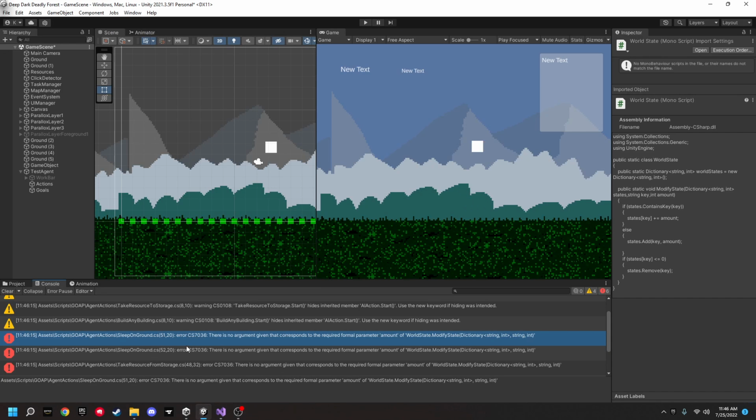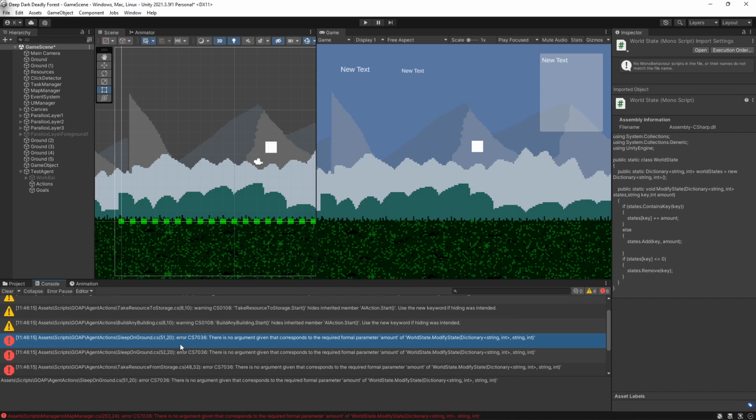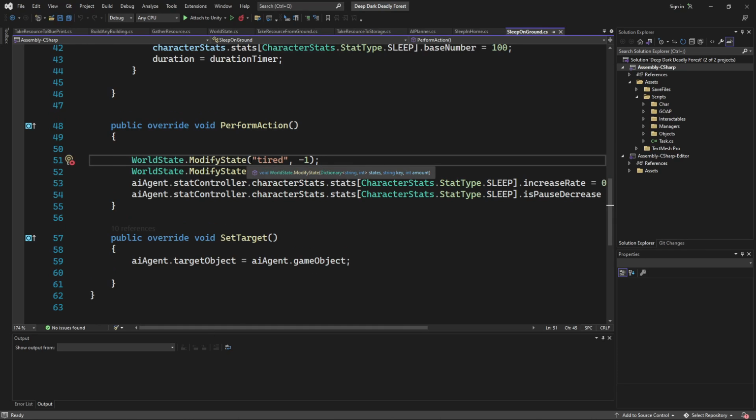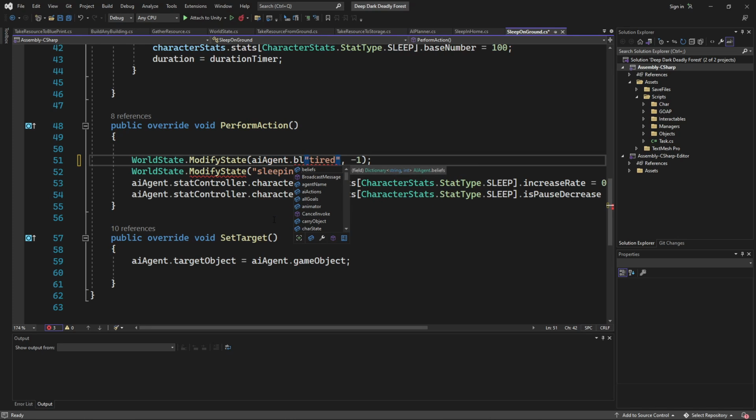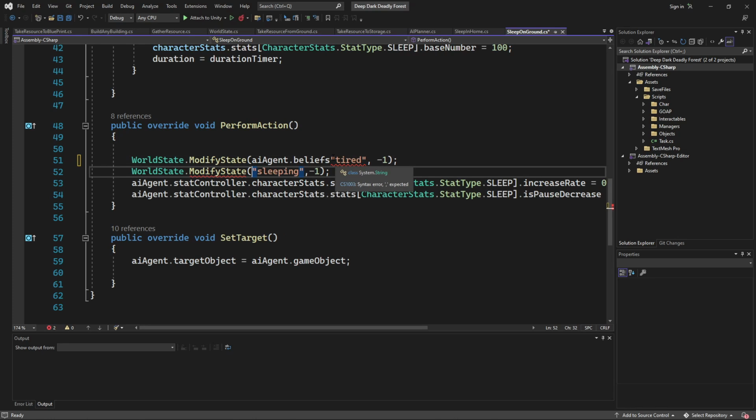All right, so we got 6 more errors. Right, same thing. Oops. AI agent beliefs. AI agent beliefs.